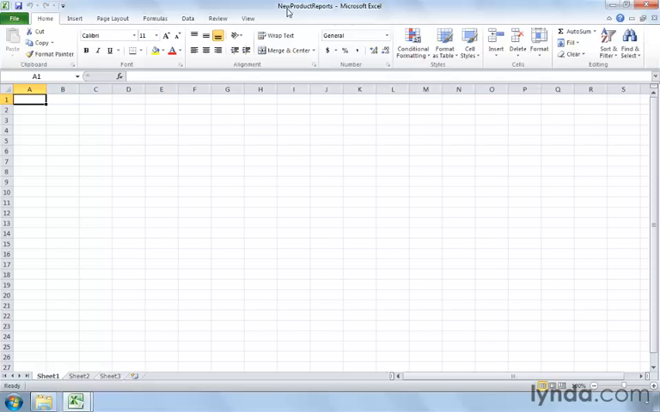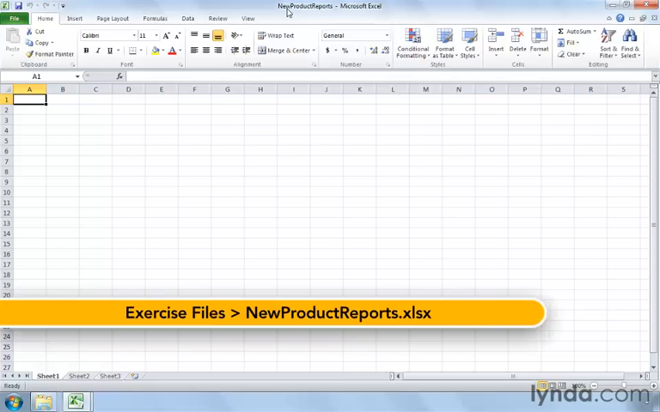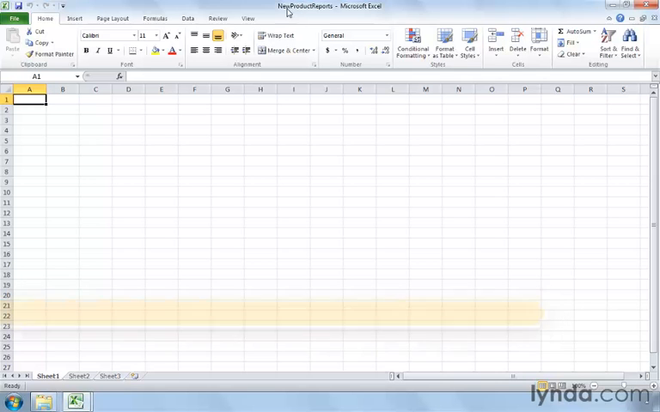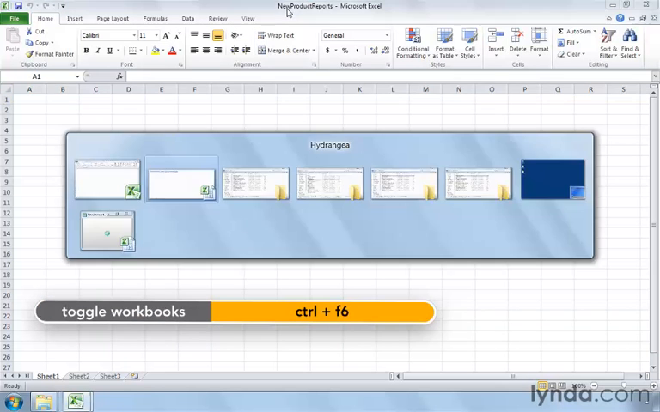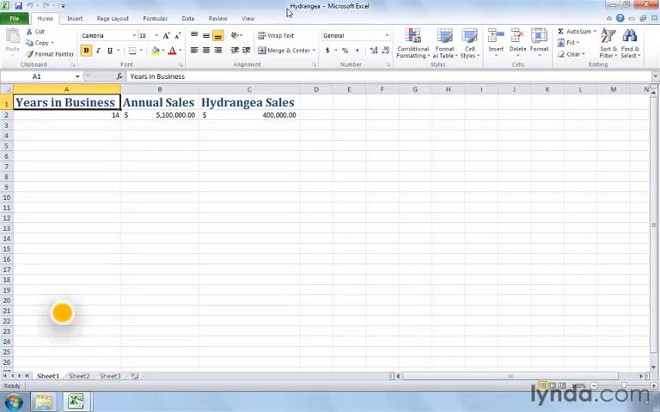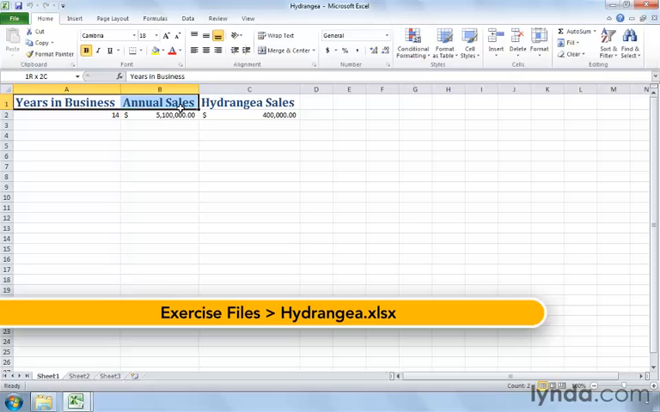Petal Jones received a note from a regional sales representative indicating that hydrangeas were selling very well for another mail order company. Hansel and Petal doesn't currently offer hydrangeas by mail order, so we're pulling the sales rep's data into a workbook for analysis. The first thing we'll do is copy the data from the other workbook into this new product reports workbook. So just going over here, I will copy the headers, press Ctrl-C, shift back to the